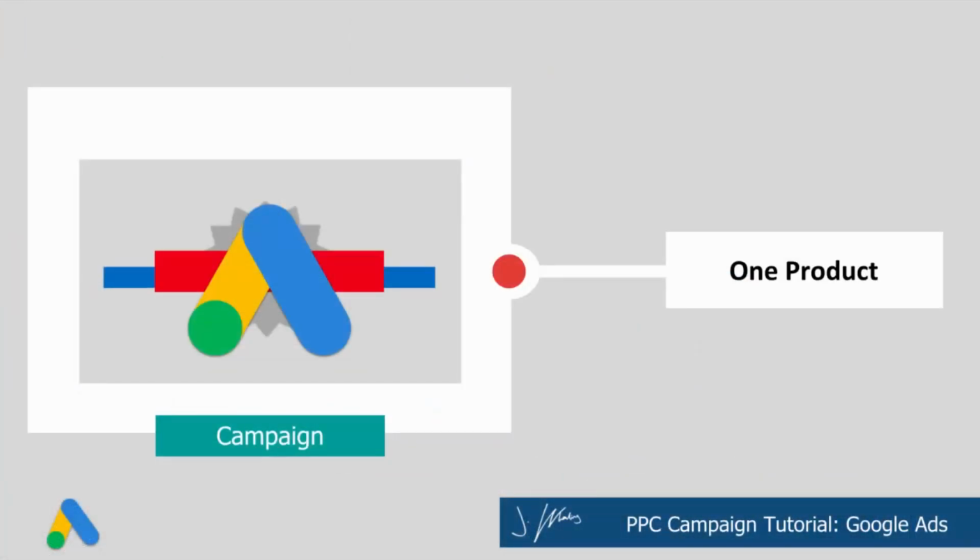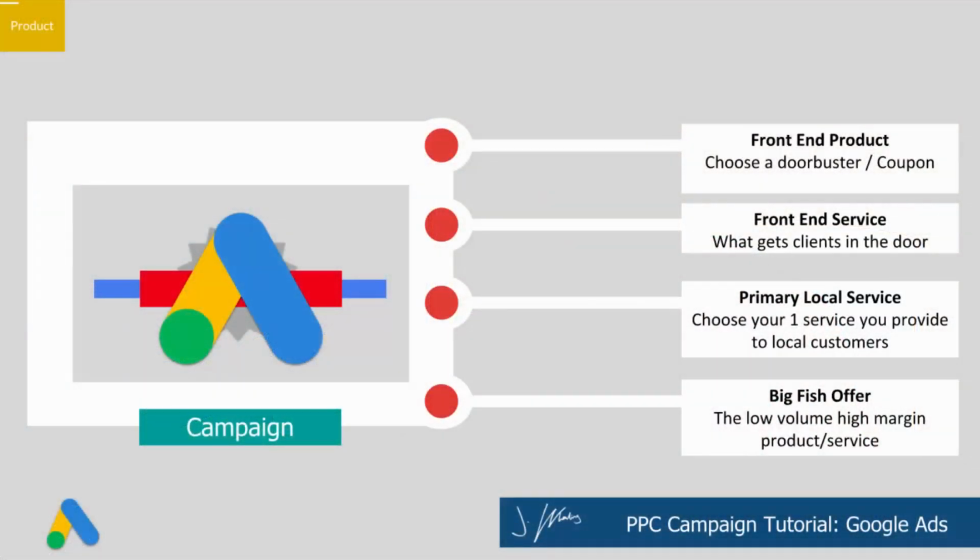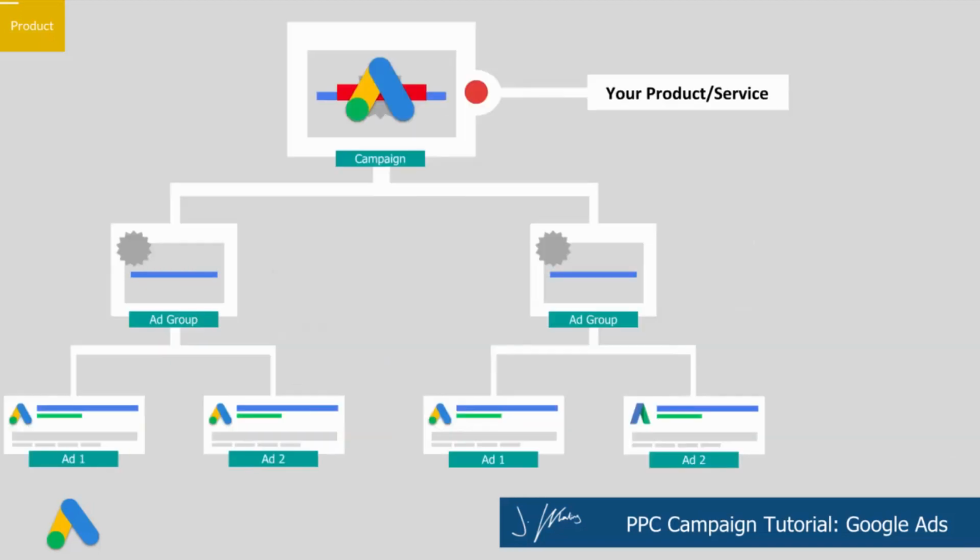And now that we have a basic understanding of the structure, it's time to go ahead and take a look at what product or service we're going to offer for our specific campaign. So the good news is you can make as many campaigns as you want. You can offer as many products or services in these campaigns. We're just going to focus on one. So here's a slide with a couple other ideas if you don't necessarily know where to start with what product to offer. So once we are here, we've got our product or service that we're going to focus on.